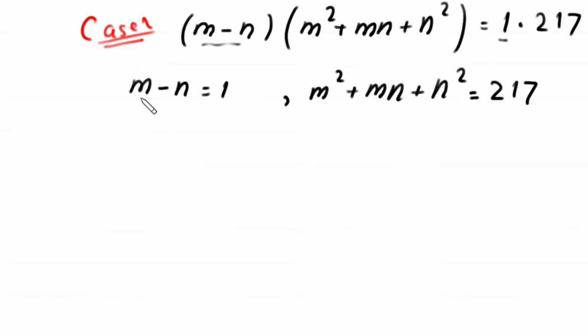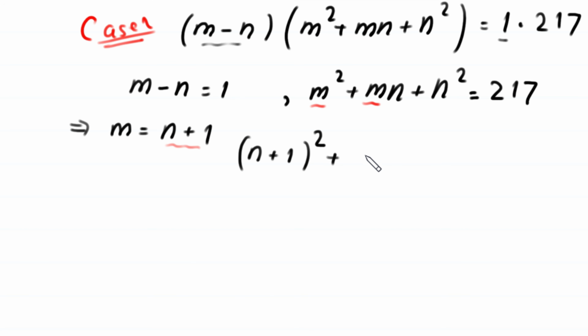Now from this equation, if we move this negative n to the right hand side, this implies that m is equal to n plus 1. So in this second equation we replace every m with this n plus 1. So this will become n plus 1 whole squared plus n plus 1 times n plus n squared